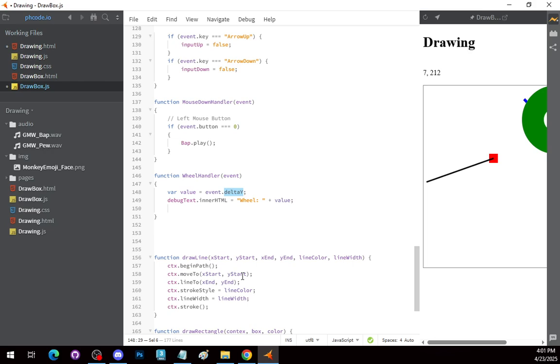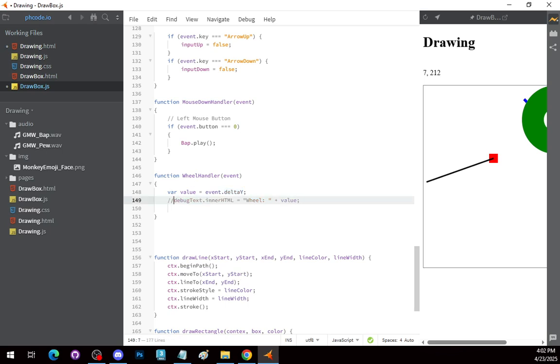It's one of those, hey, how would you know if you didn't try it one way before. And don't get me wrong, there are mice that have multiple scroll wheels, scroll wheels in multiple dimensions. They're weird mice, they do exist, they're crazy. So there is actually a delta Z as well as a delta X value on this event, just to know. Again, the one we want is the delta Y,